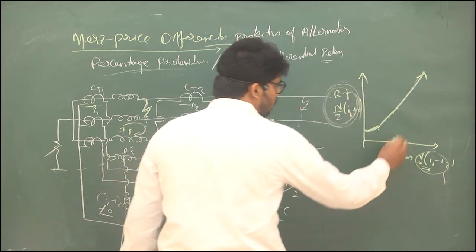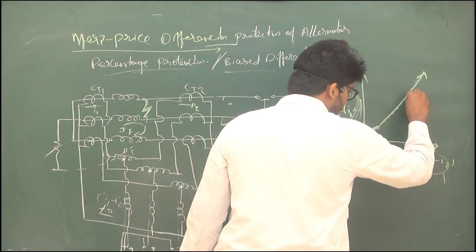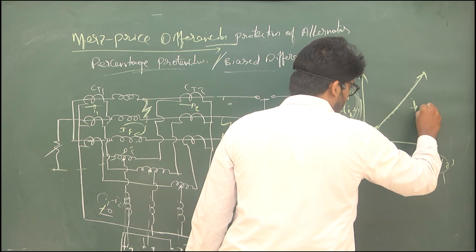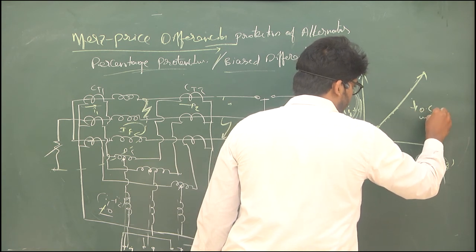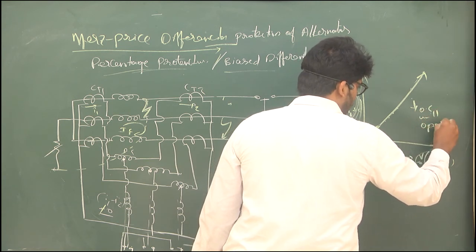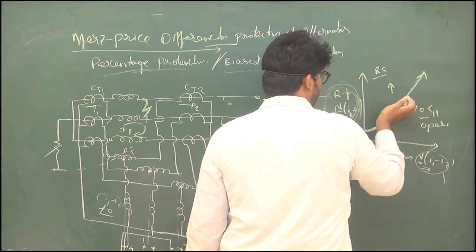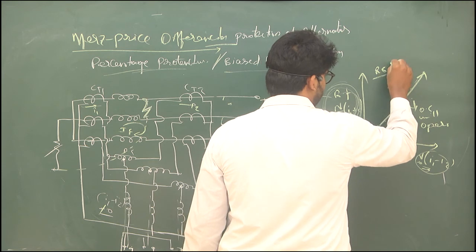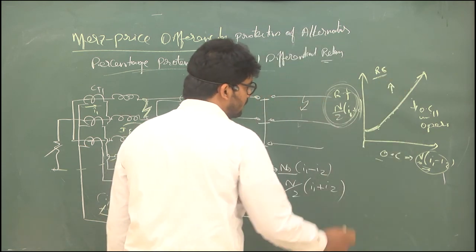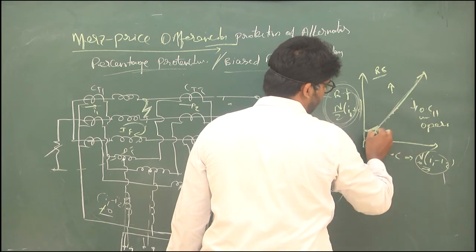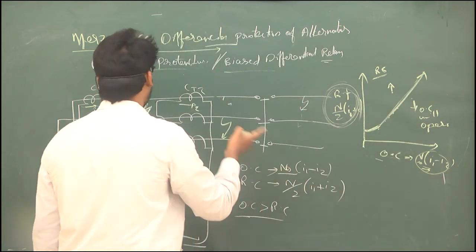If the characteristic moves downwards, the operating coil will operate. If this force is above the restriking coil, it will always be in this direction only. So this percentage means, due to this equivalent slope,